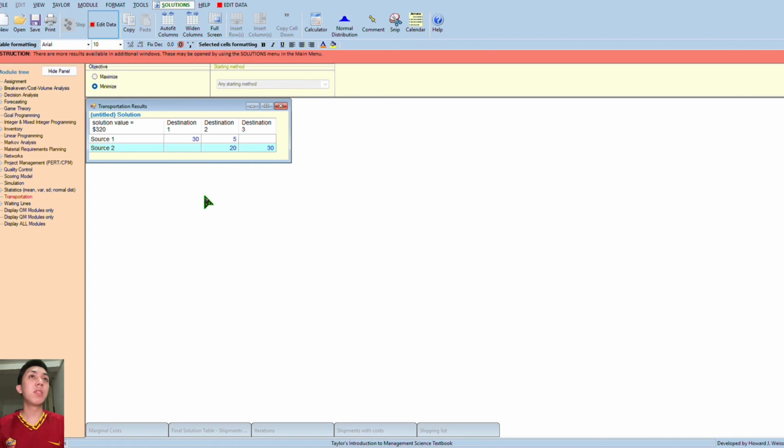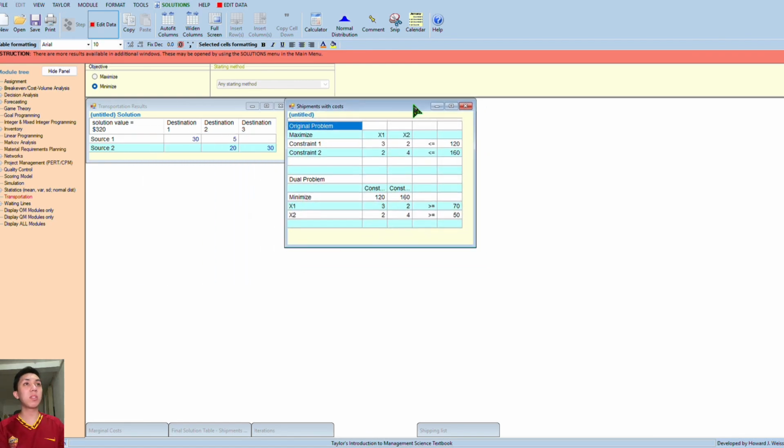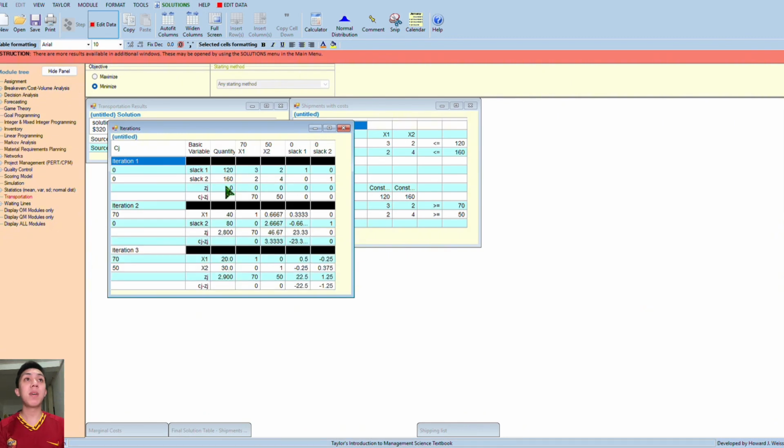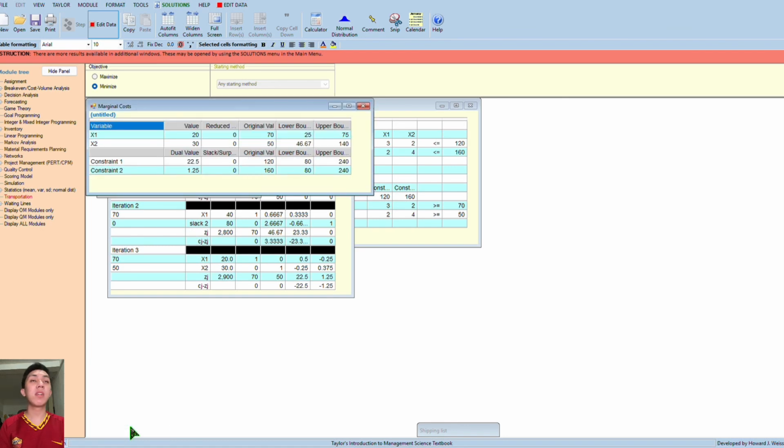So as follows, we will just click enter. Then the answer will pop up. There you go. There will be pop-up options: transportation results, marginal cost, final solution table, iteration, shipments with cost, and shipping list. Based on Excel QM, the optimal solution for minimizing the total transportation cost will be